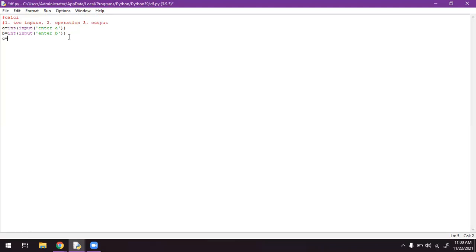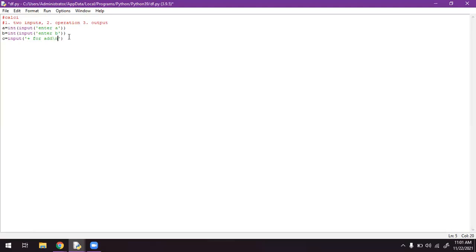We have to ask the user which operation they want. Okay, input. I'm writing in quotation marks directly: plus for add, backslash n.